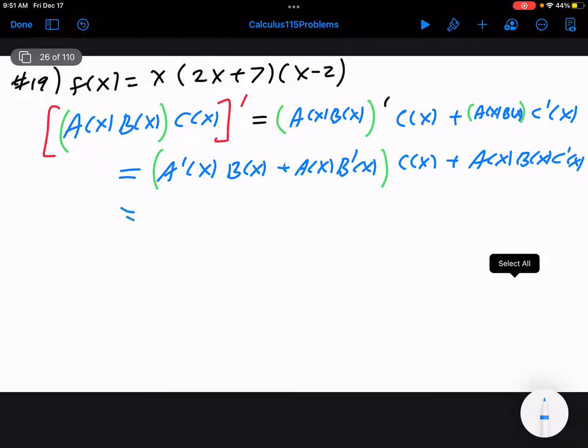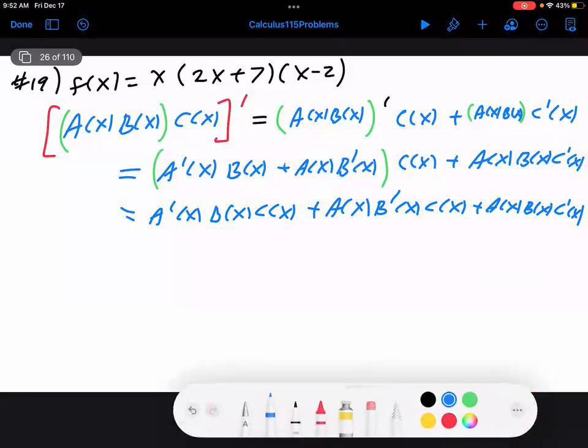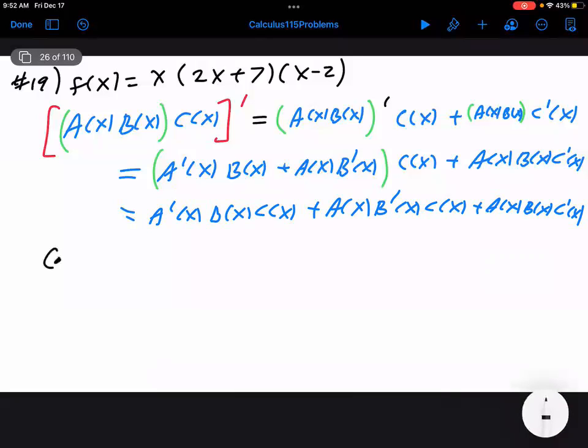So we notice there's three terms. The first term is going to be a prime of x, b of x, c of x. The next term is a of x, b prime of x, c of x. And the last term is a of x, b of x, c prime of x. Oh, so this is a really nice generalization of the product rule. So we might conjecture